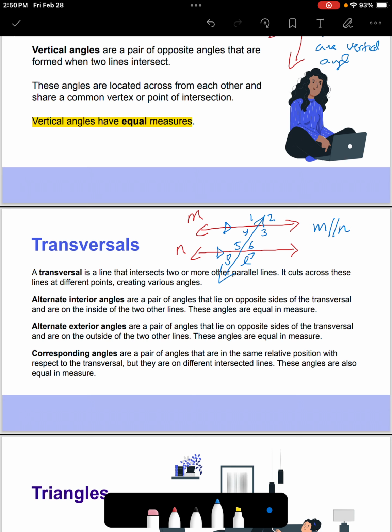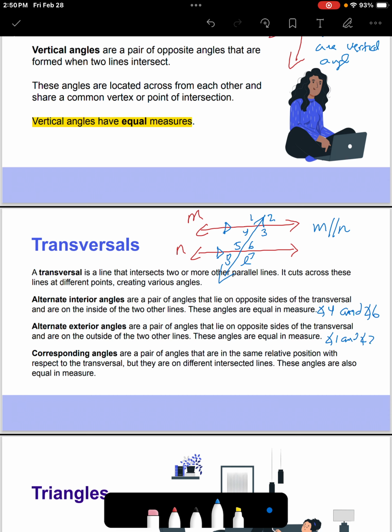We would say alternate interior angles are a pair of angles that lie on opposite sides of the transversal and are on the inside of the 2 lines. These angles are equal in measure. So alternate interior would be like 4 and 6. There's other ones, like 3 and 5 also. So 4 and 6, 3 and 5. All the alternate exterior are the same except they're on the outside. That'd be like 1 and 7